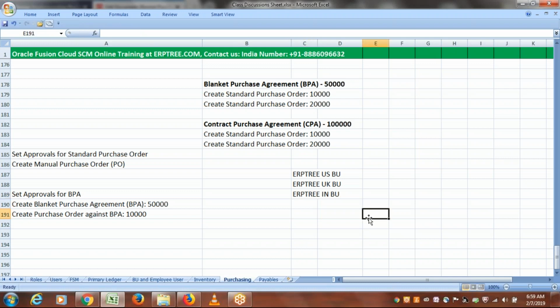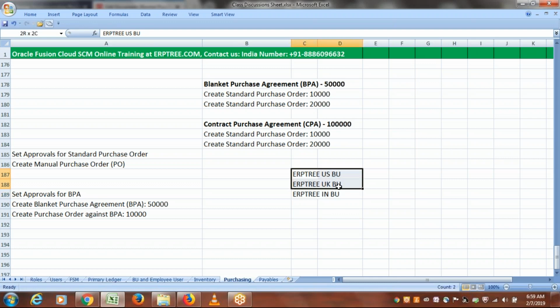We have these three BUs. Now say we have a requirement of purchasing the material from the same supplier for these three BUs. Three BUs need so-and-so material. The material is available with so-and-so supplier. Now instead of these three BUs going with different agreements with the same supplier,